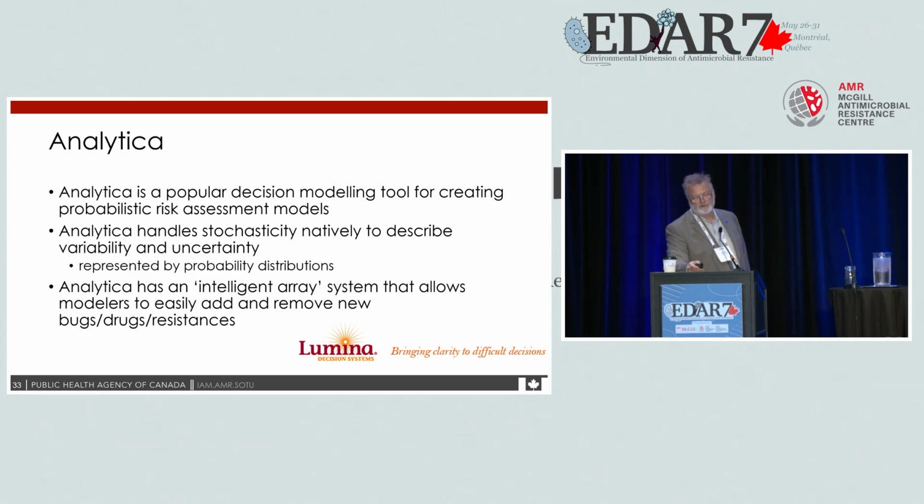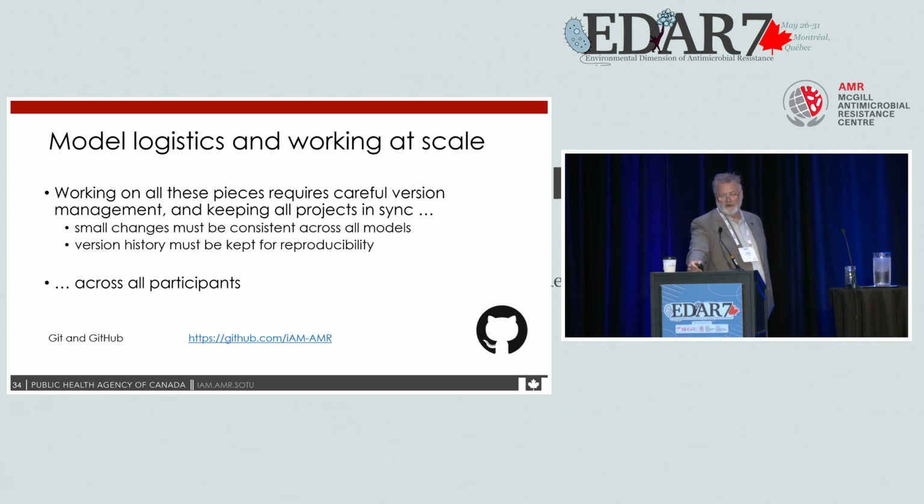The decision was to use Analytica, which is a decision modeling tool that can do probabilistic risk assessments and can handle this model. It does have some issues for us in that when we're dealing with our external collaborators, unless they have a license for this, they can't work on it outside our firewall, which is a problem because we're trying to do this as a collaborative endeavor. So we have some workarounds for that, but they're not particularly satisfactory. So that's an area that needs further attention.